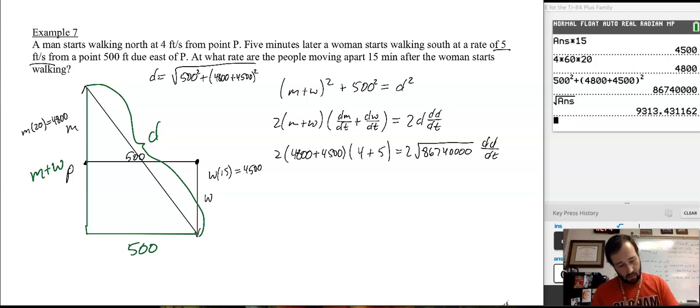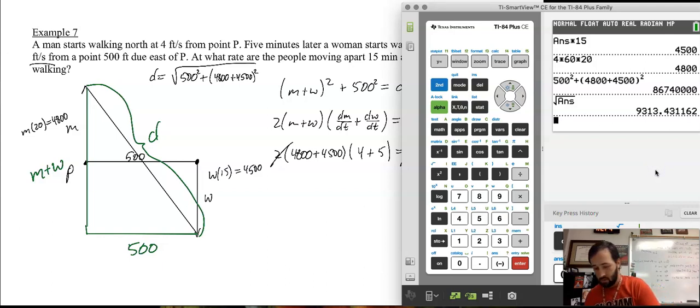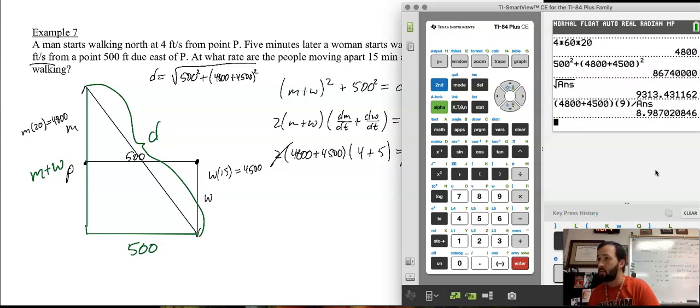The 2's will divide out, right? So I really just have to divide over that square root number. So I have 4800 plus 4500, right, times 4 plus 5, which is 9, divided by that number. So that should be dt equals 8.9870